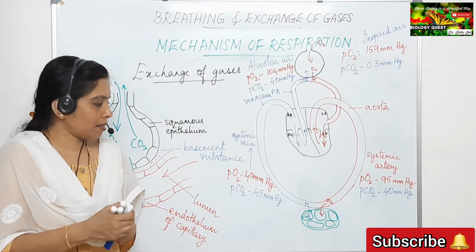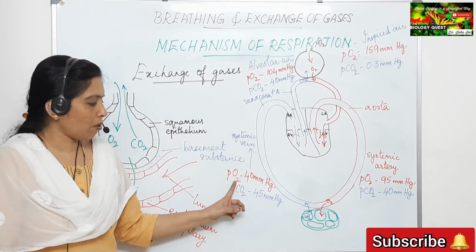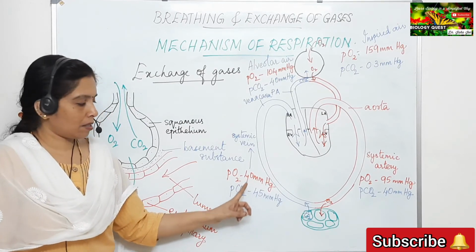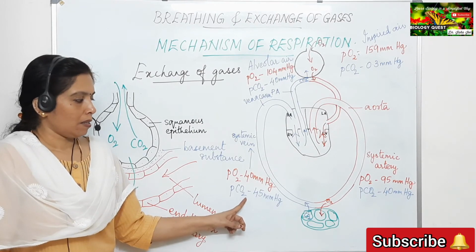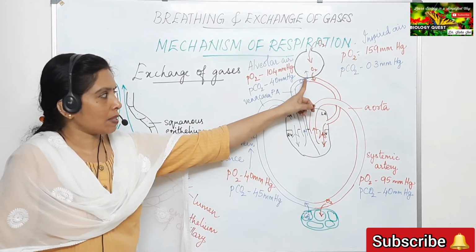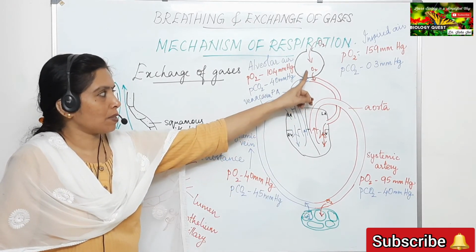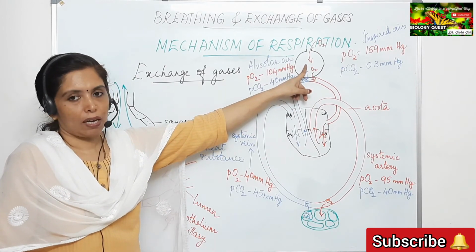So, you can see in the systemic vein the partial pressure of oxygen is less when compared to the partial pressure of carbon dioxide. So, that is why carbon dioxide from the capillaries is diffusing